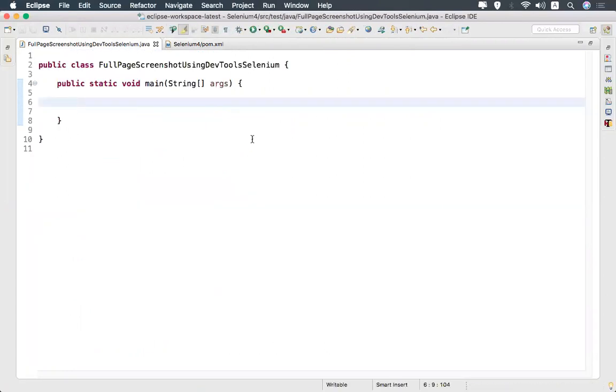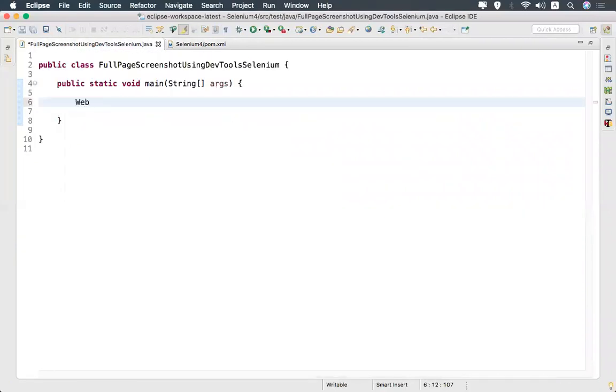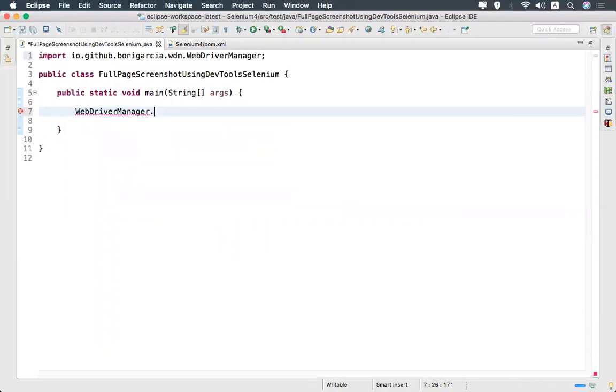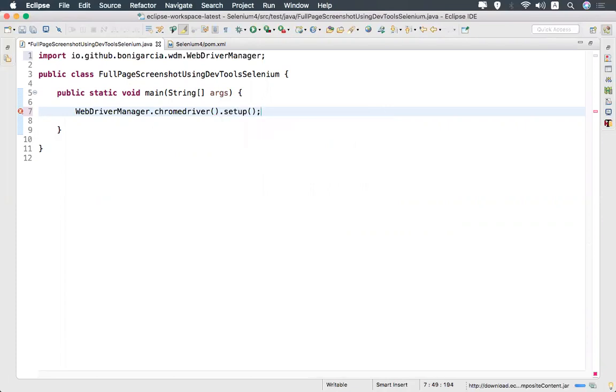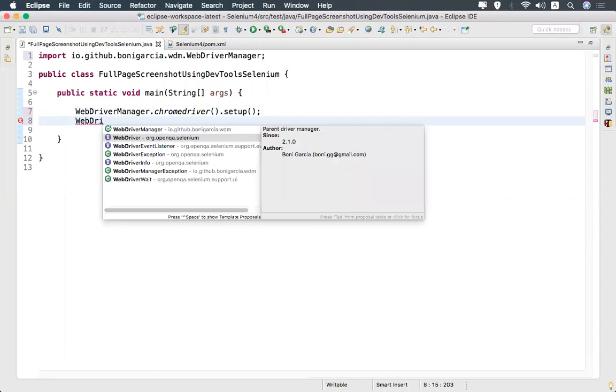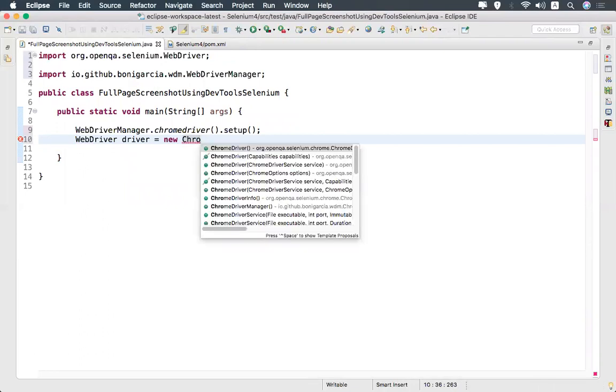Here I'm using WebDriverManager to launch the browser. WebDriverManager.chromedriver().setup(), and WebDriver driver = new ChromeDriver().